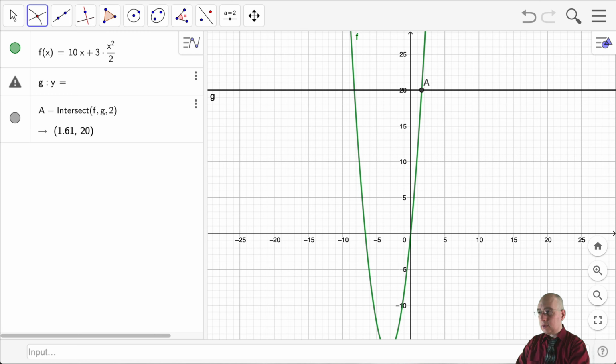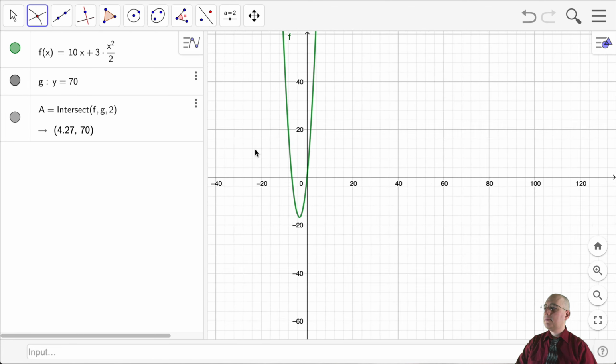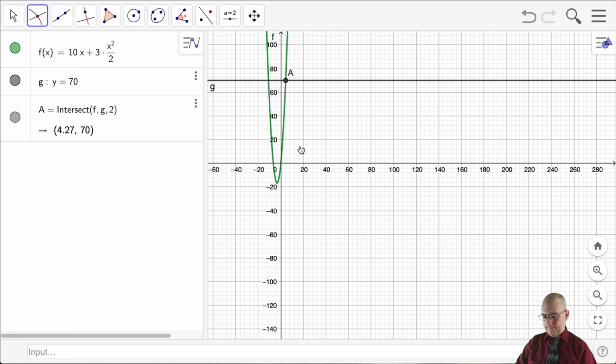Maybe that looked wrong. What are we trying to do? We're trying to solve 70. There we go. .27. Sorry. Make sure that you put in the right numbers into these things. Don't put in the right numbers, you don't get the right numbers. You know what I mean? Okay, so